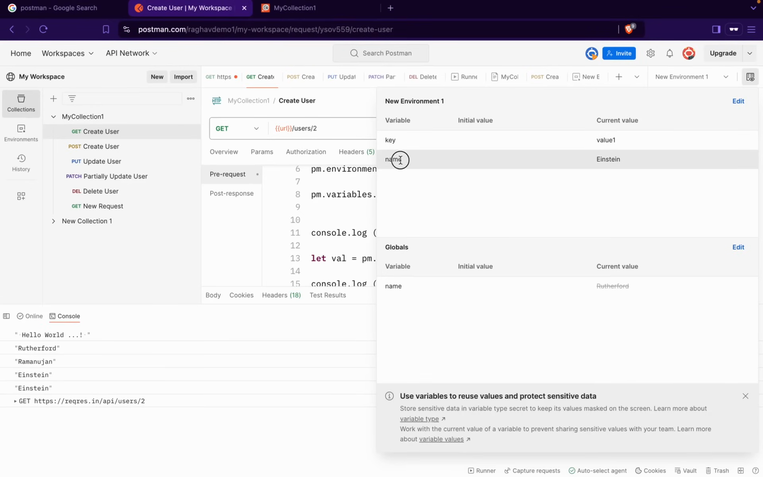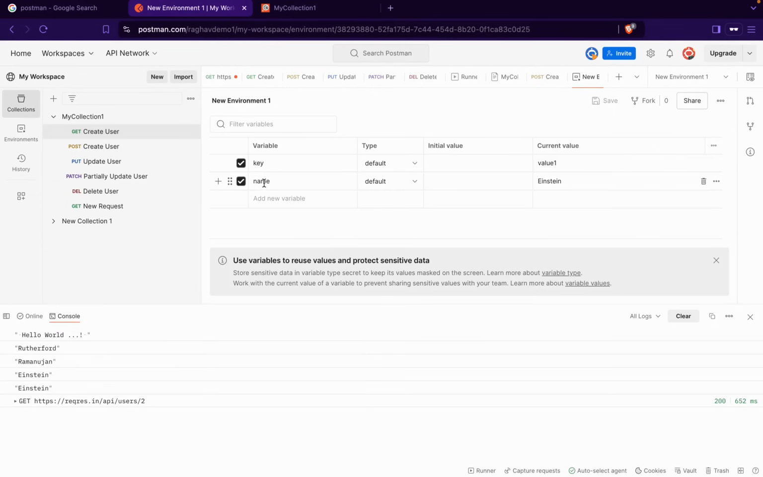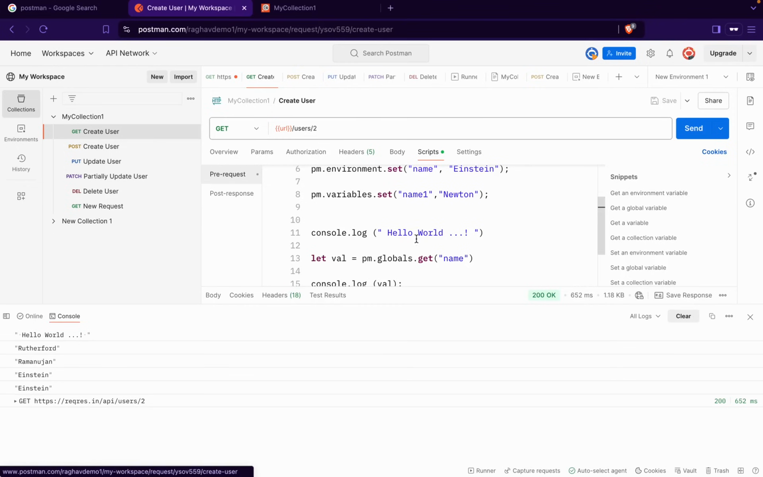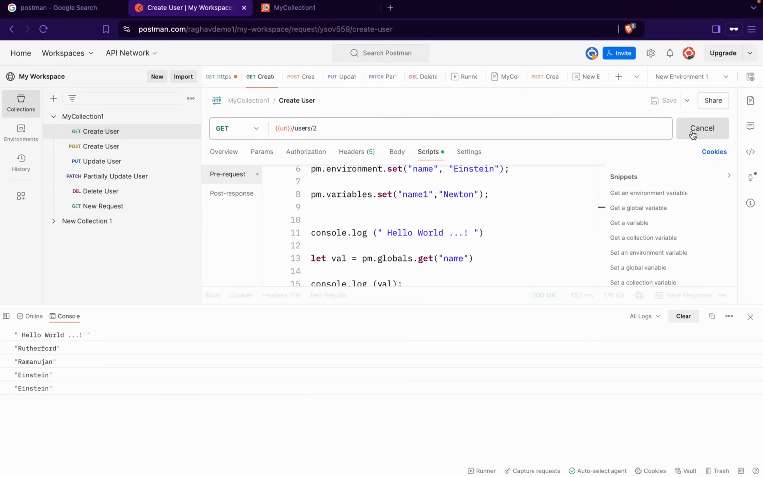Now if I just change here as well, if I edit and change this to name 1, now if I run the same script, I will clear and run. So this time we are getting, you can see if I have to save this,